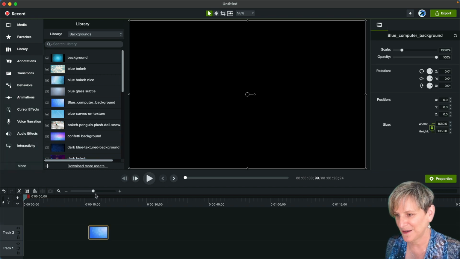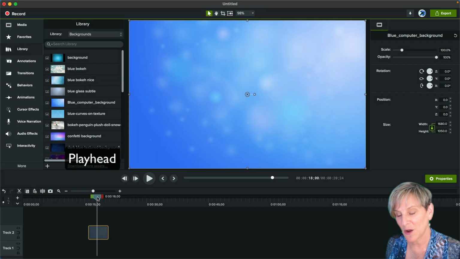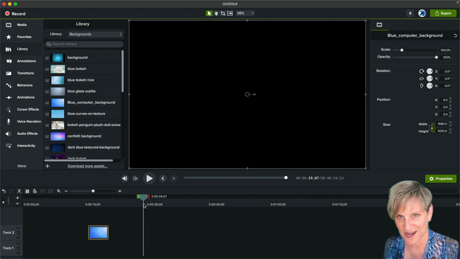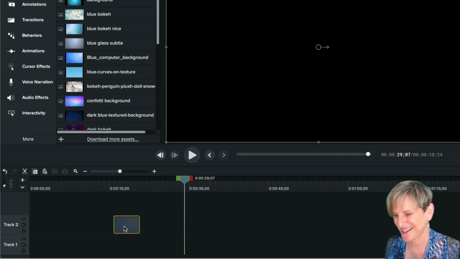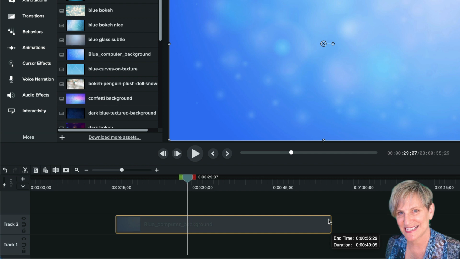So now, if I move this playhead, this is called the playhead, over this image, then you see it. But if I move the playhead anywhere before, earlier in time, or after, you notice that you don't see anything because all of my tracks are empty. So that's easy to fix. I can just click this object and drag it so that it lasts longer.